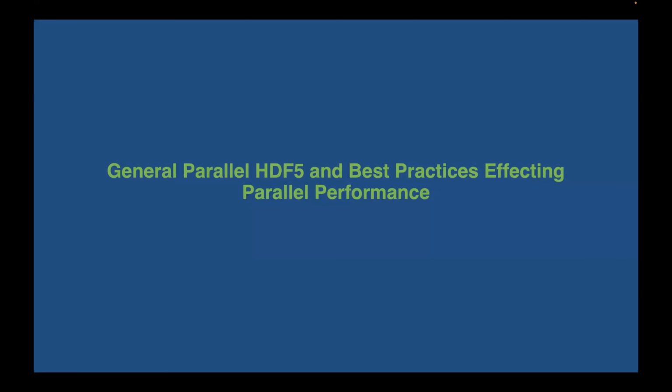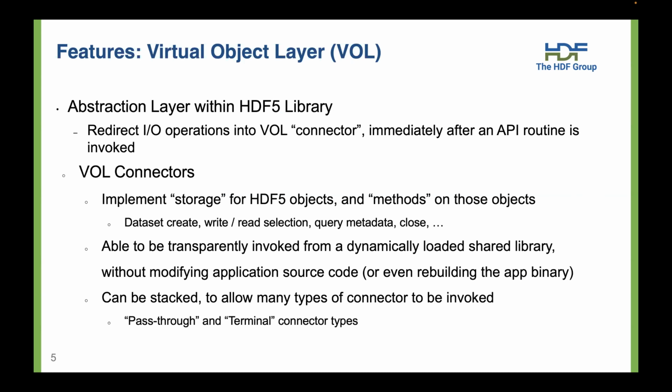So I'm going to discuss now just general parallel HDF5 best practices affecting parallel performance. First, we have to discuss VOL, which is a new feature starting at 1.12, and that's basically an abstract layer within HDF5. And it basically redirects some IO operations into a VOL connector, which I'll show next slide. And then immediately it either invokes an API routine within the VOL or then does something and then returns back